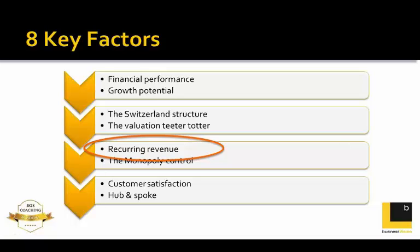So what's going to come in naturally? How often will it come in? How much of what we generally earn is going to come in, provided we don't do anything stupid? And how much of what we earn is one-off type transactions that we have to continually go out and find, try and get a customer, try and quote, try and sell to them, and then try and get them to sign on the dotted line, and then do the work, and then go off and then do the whole process